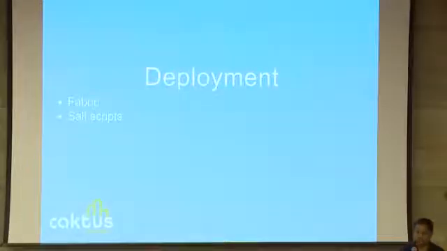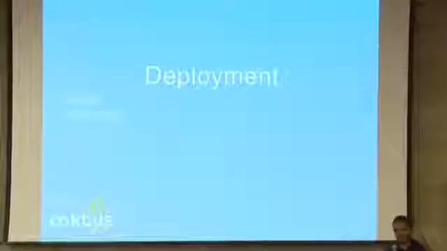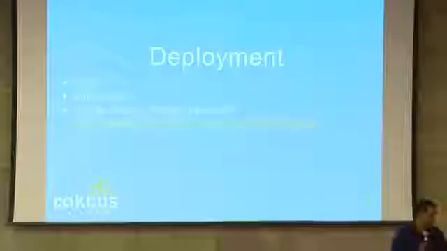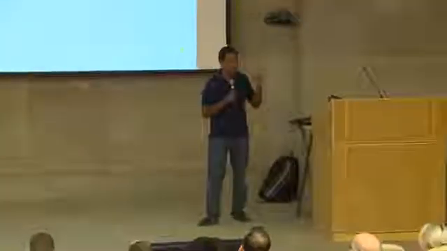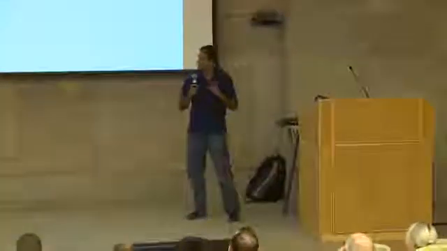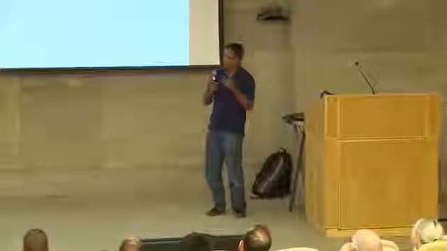We use Salt as our deployment tool, which is, again, a declarative way of saying what you want your server to look like and that you want App 1 to look just like App 2, and that made it easy to do these things. And we use something called our Cactus Django project template, which has all of these Salt scripts and Fabric scripts together in one open source place. This is what we feel are best practices for a Django project, and so I encourage you to take a look at it and see what you think.